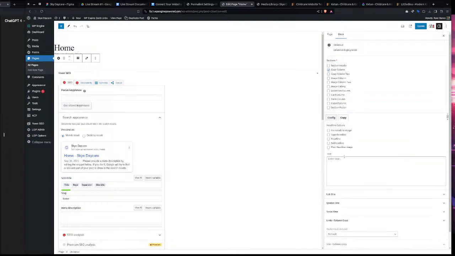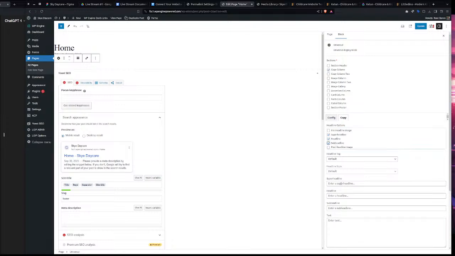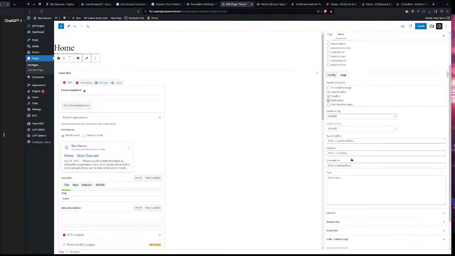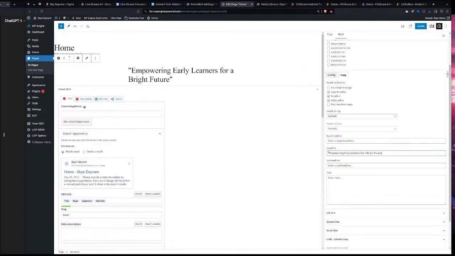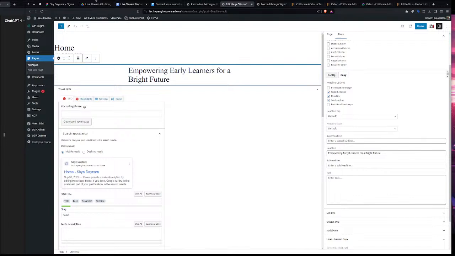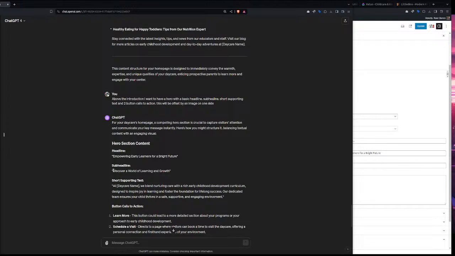And I'm going to hop over to this copy column itself and start selecting the headline, subheadline, these options that we want to add. I copied the headline here. You'll see as I edit content over here, this block on the left-hand side is going to update the copy there. So once I add the headline, I'm going to hop back over to ChatGPT, grab our